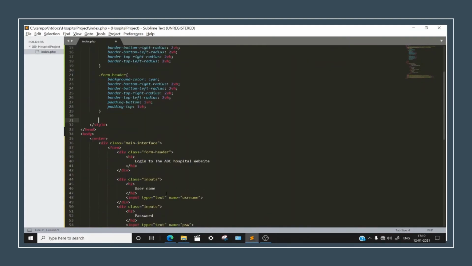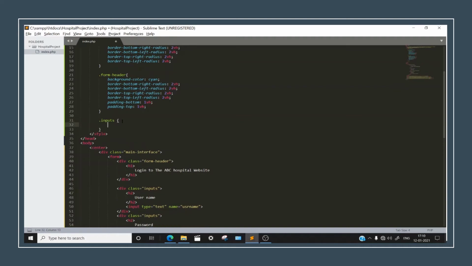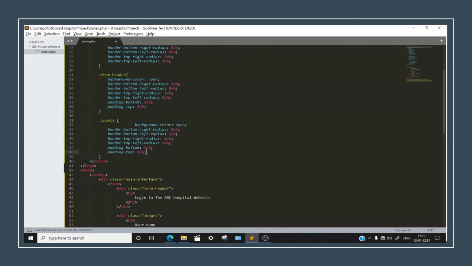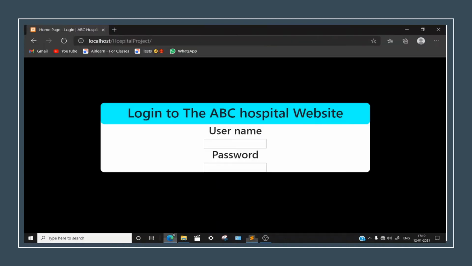Now let's head down to another part, that is inputs. Dot inputs. Okay, so now we will be doing the inputs. Let's copy all this, and we will be changing this to some other color. So we remove these lines and this should change to white.